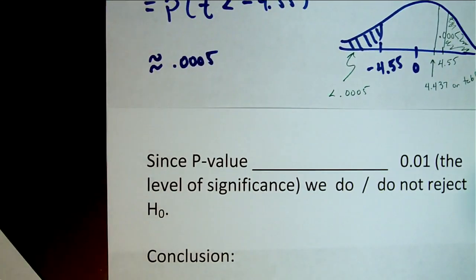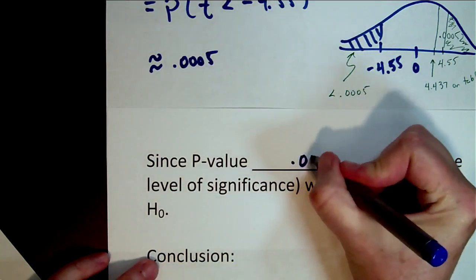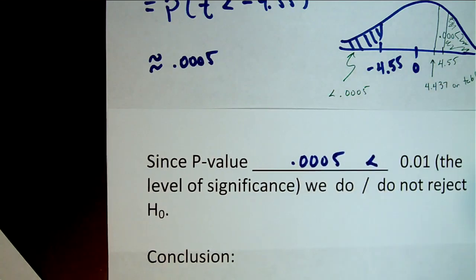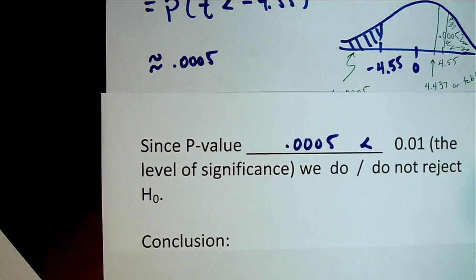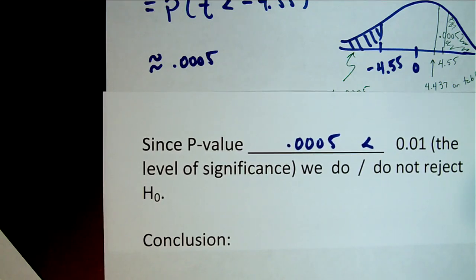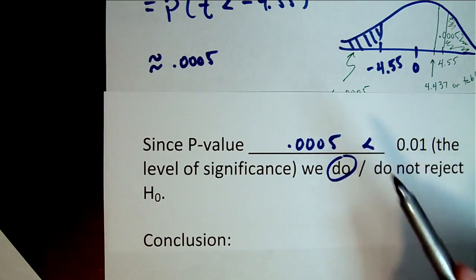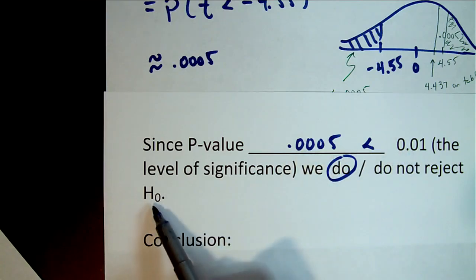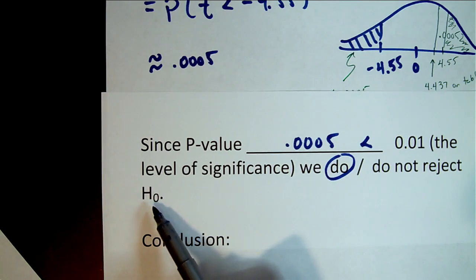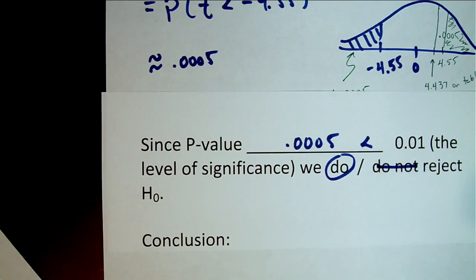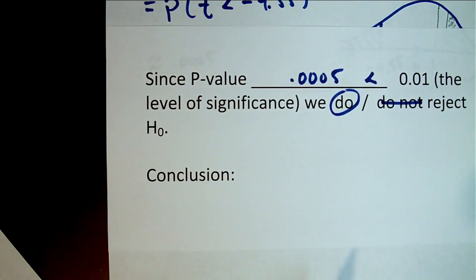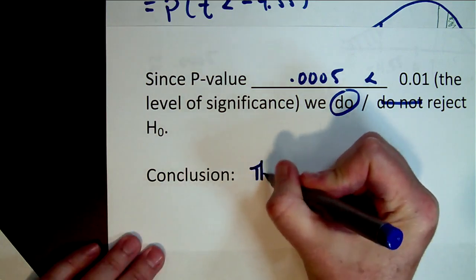Okay, so 0.0005, that's certainly less than 0.01, the level of significance. So did you reject the null hypothesis or not? Hopefully you did, because when the p-value is less than the level of significance, that means that the null hypothesis is just too improbable. So we do reject it, but then we state our conclusion in terms of H1, the alternate hypothesis. So we'll say there is